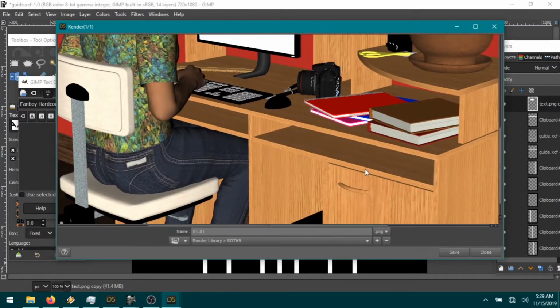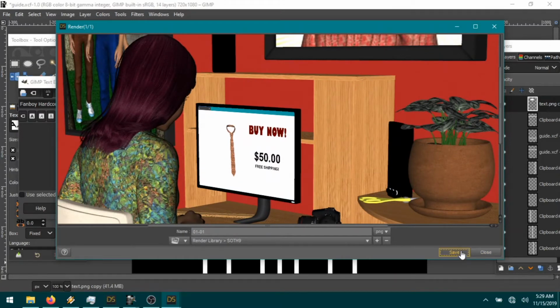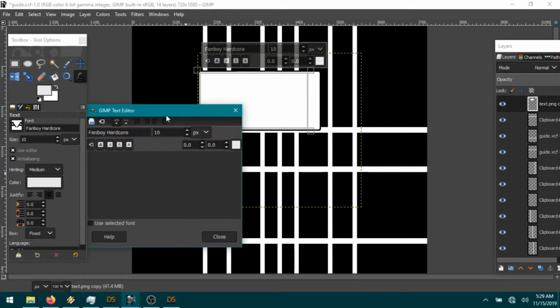Everything looks good enough, so I'll hit save. Back here, if I wasn't talking to you guys, what I'd be doing is typing the text into the box. With this font, I'll always do it in caps lock because it looks better to me than with mixed upper and lowercase